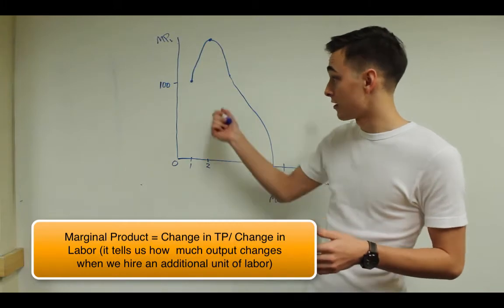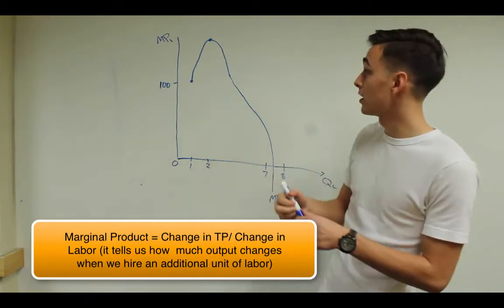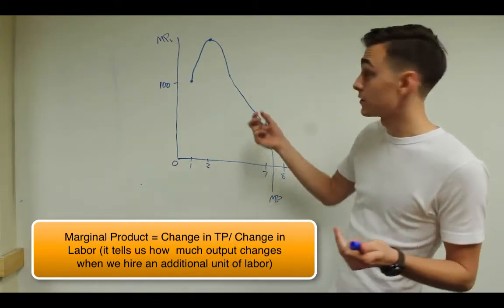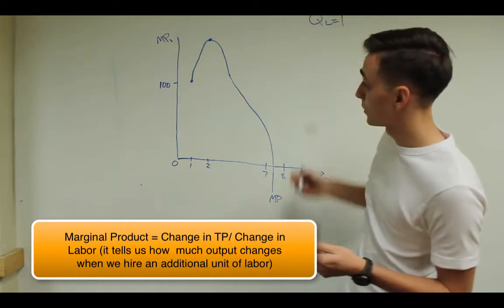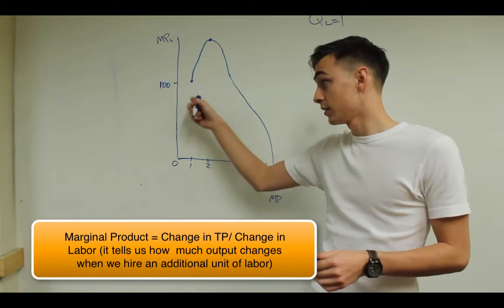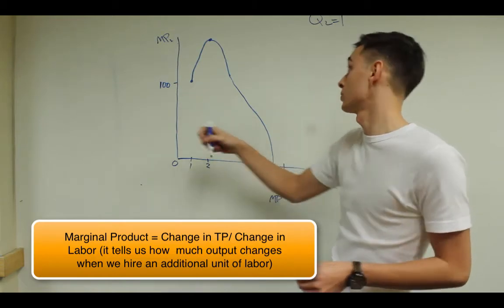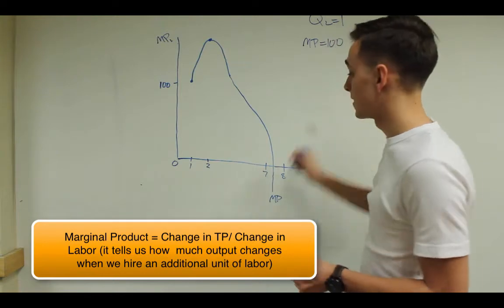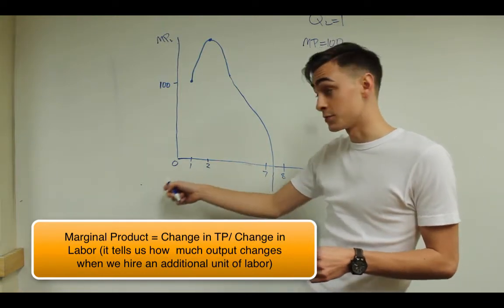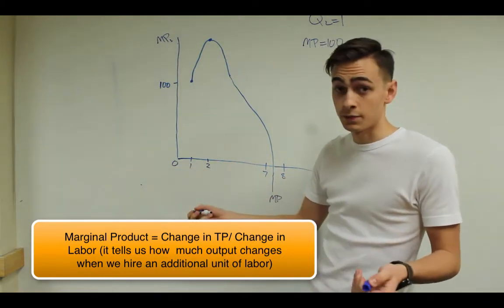So here we have our marginal product curve. And so what can we say about this? At quantity of labor equals 1, what can we say? So at 1 here, we can say that our marginal product is equal to 100. And what that means is that when you add one laborer from 0, you get 100 product because of what